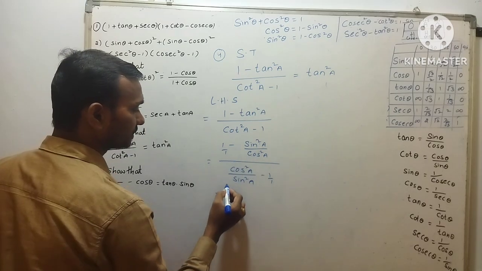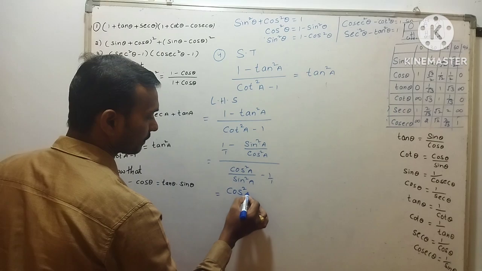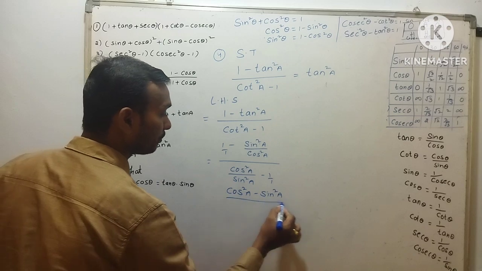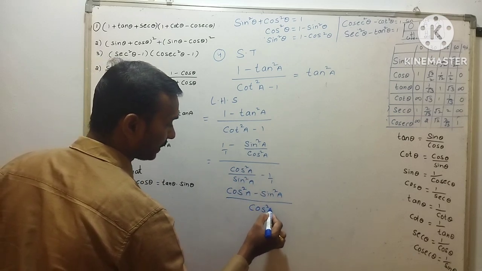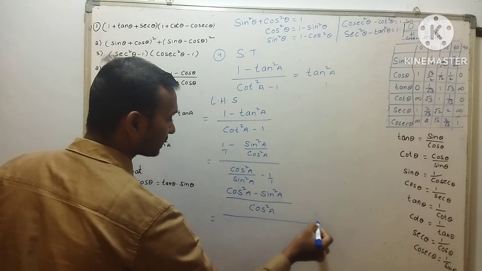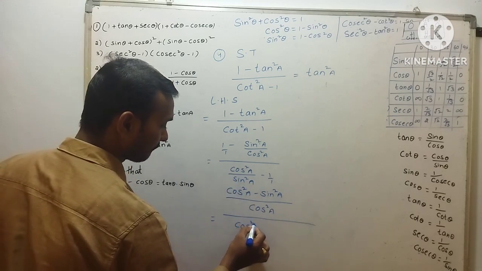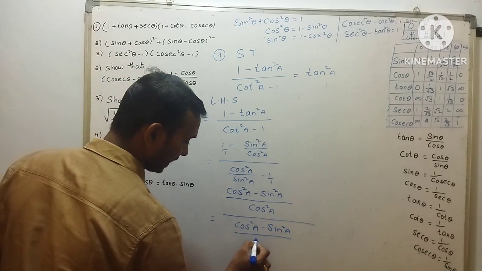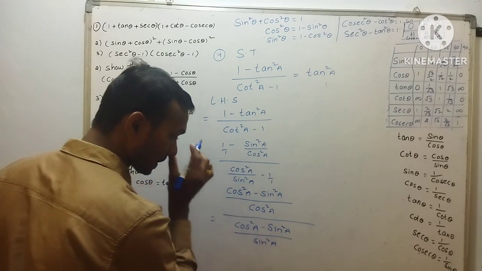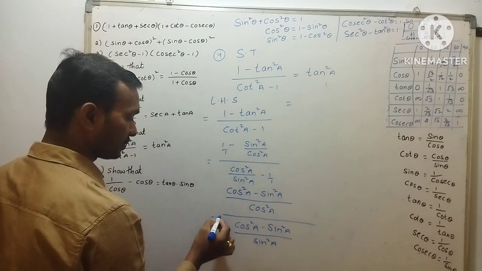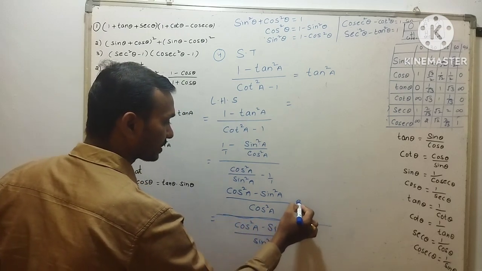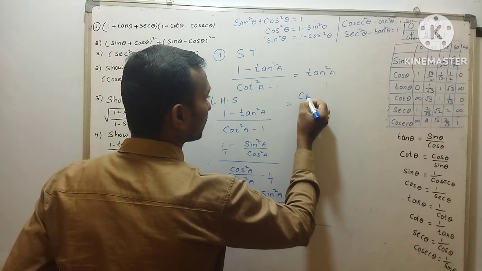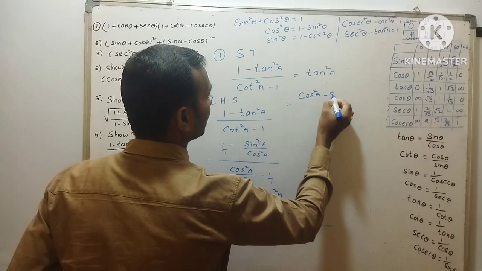So we get a numerator, that is cos square A minus sine square A by cos square A, divided by cos square A minus sine square A by sine square A. So fraction by fraction: if the fraction in the denominator is going to the numerator, it will become reversed. So cos square A minus sine square A